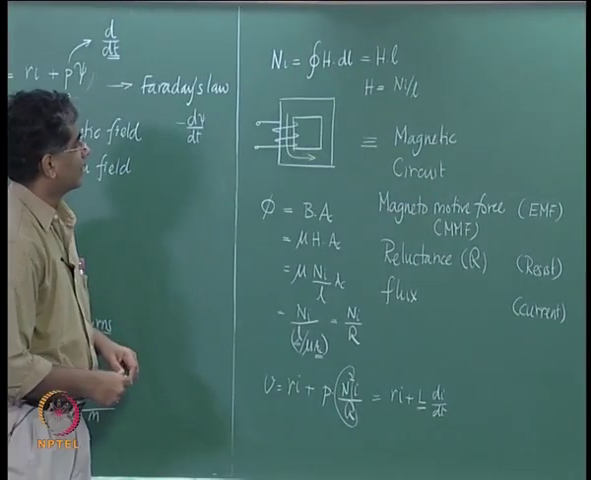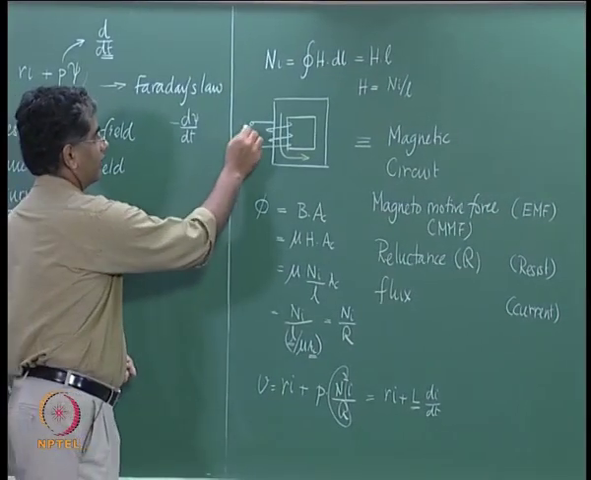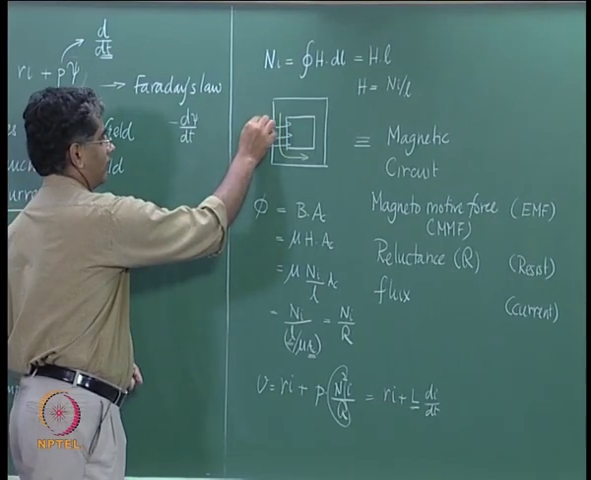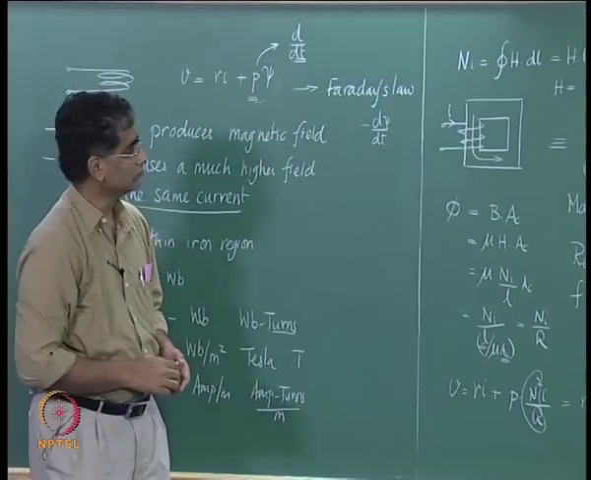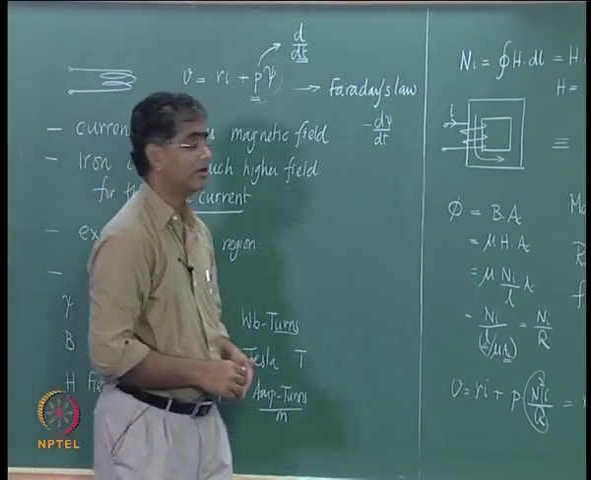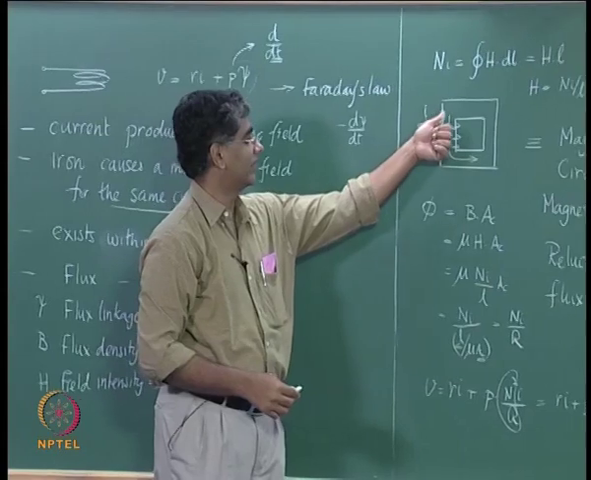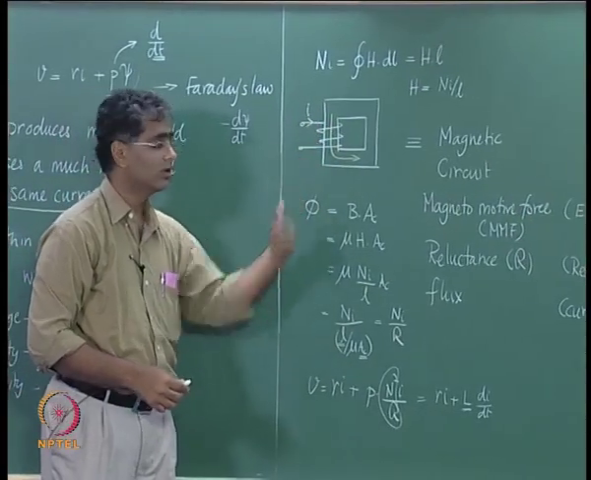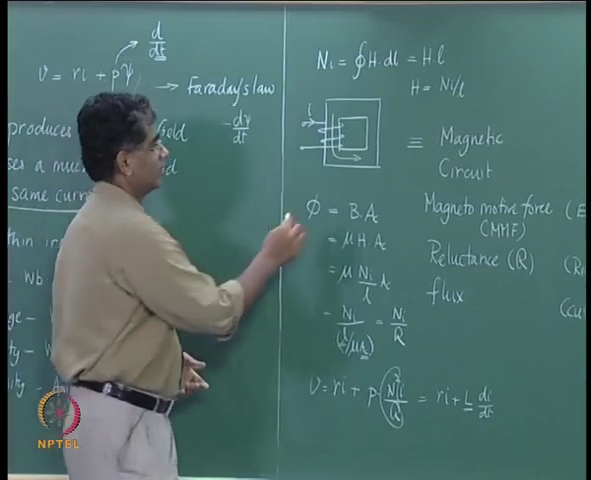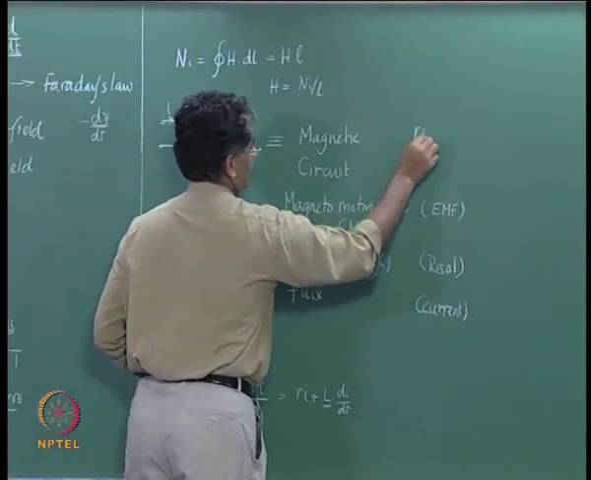Okay, we have this figure here, right. So if you are now having a flow of current into this, how do you determine which is the direction of the flow of flux in the core? You will have to use your right hand rule,